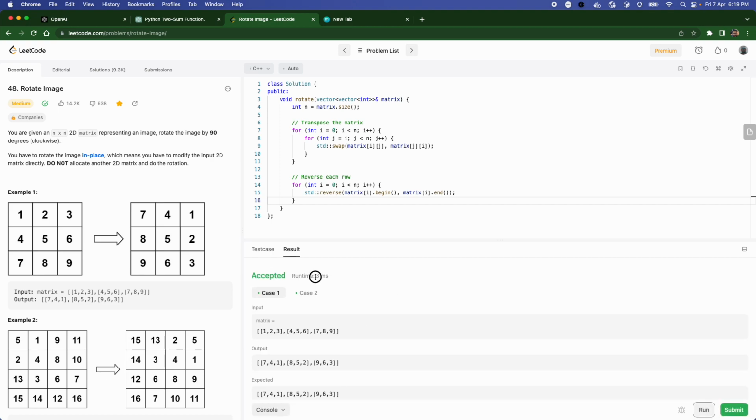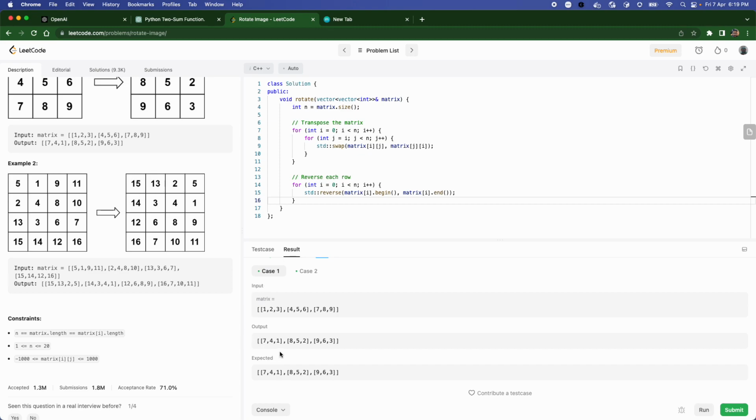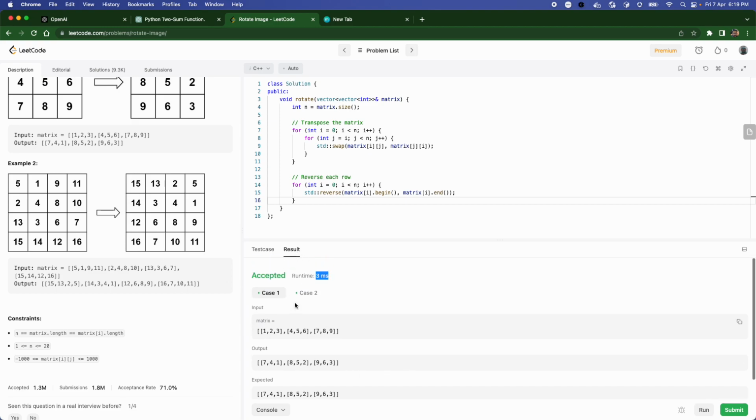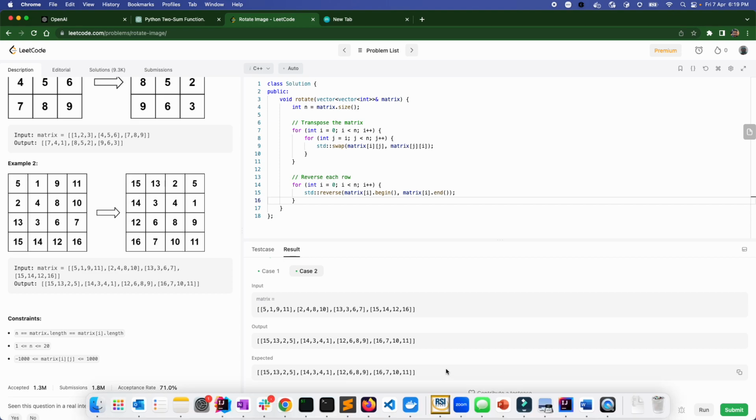It took 3 milliseconds, and it completed and solved these two basic test cases, which is more than enough to pass most of the interviews, because you have the core logic over here which is running pretty fast, not the fastest but pretty fast, and you have passed the sample test cases that were given to you.